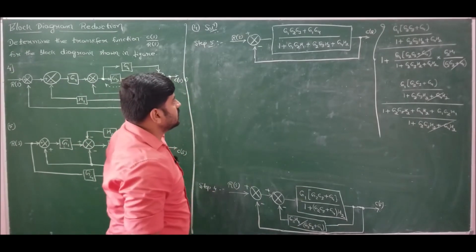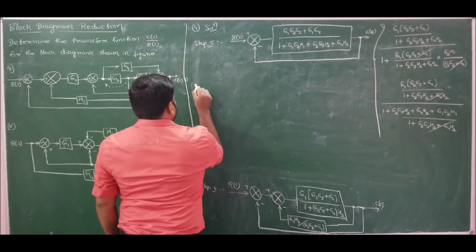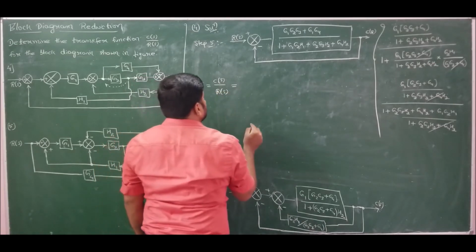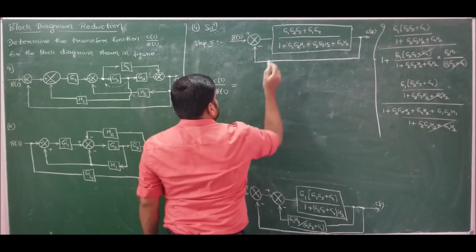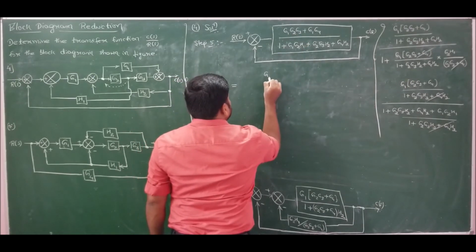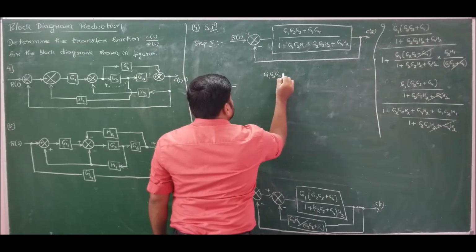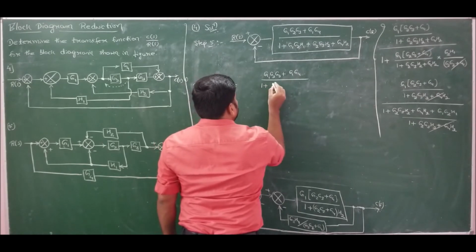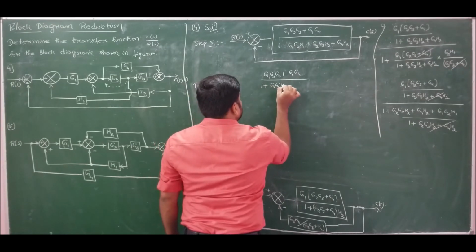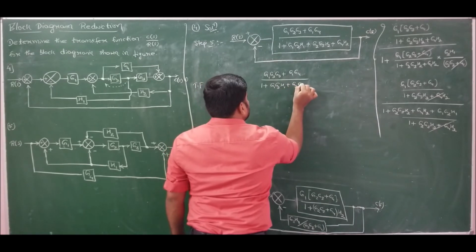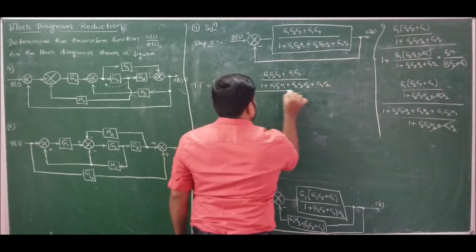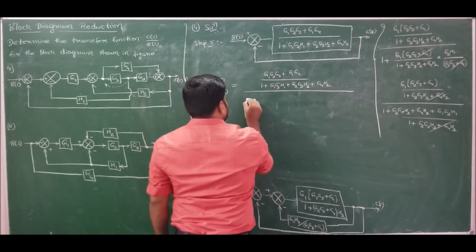Now I can write the final answer, that is the transfer function for problem number 5, which is equal to C of S by R of S, will become G of S is this, so therefore it is G1 G2 G3 plus G1 G4 divided by 1 plus G1 G2 H1 plus G2 G3 H2 plus G4 H2 whole divided by, we have minus sign, hence it is